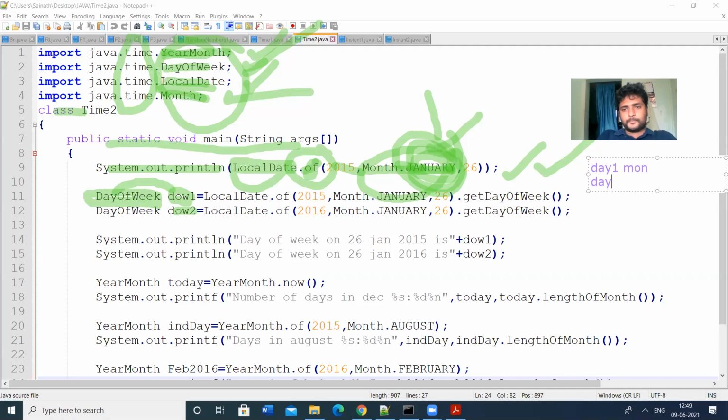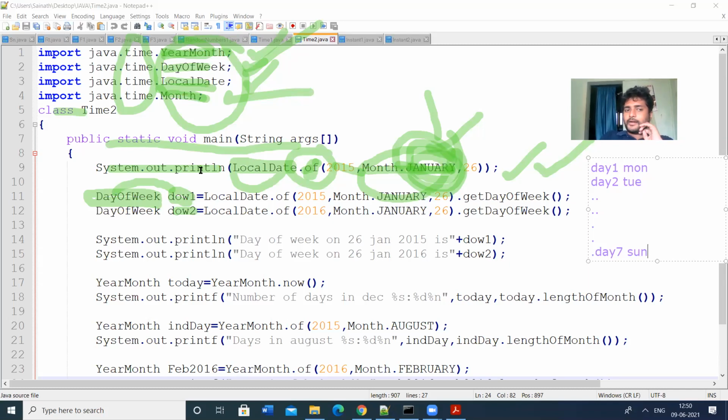Day 2 means Tuesday. Like that, we have so many days. Day 7 means Sunday. So each day corresponds to some day value. That means in a week we have 7 days. One week equals 7 days.